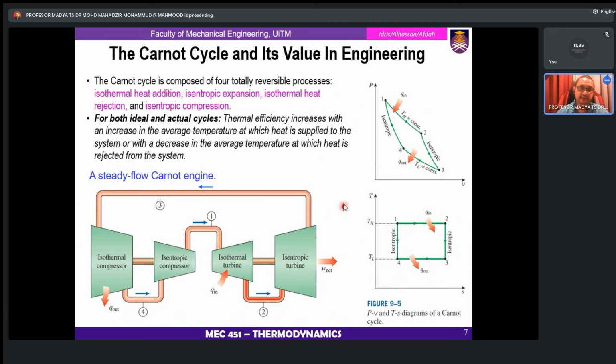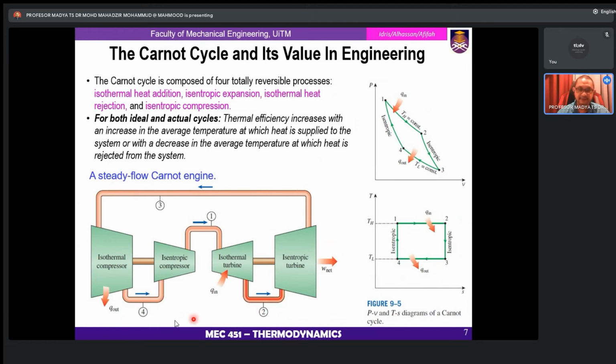For both ideal and actual cycles, thermal efficiency increases with an increase in the average temperature at which heat is supplied to the system, or with a decrease in the average temperature at which heat is rejected from the system. So the schematic diagrams of the Carnot engines can be drawn